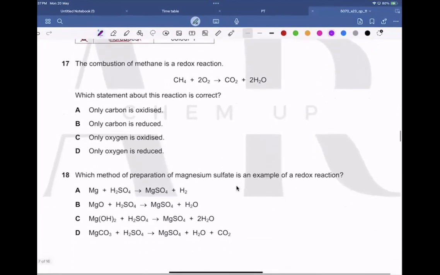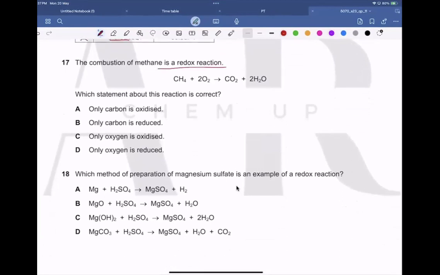Okay. Now, question number 17. The combustion of methane is a redox reaction. Which statement about this reaction is correct? Only carbon is oxidized. If we see, carbon is over here -4 and over here +4. Oxygen is 0, turns into -2. Hydrogen is +1, hydrogen is +1. Yes, only carbon is